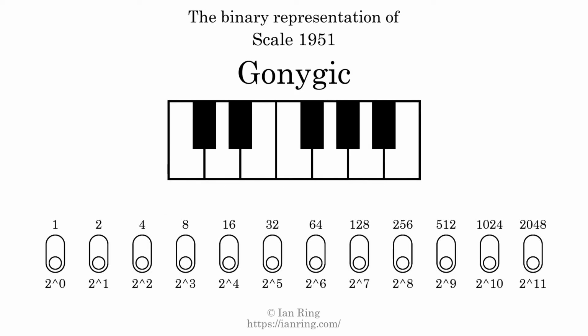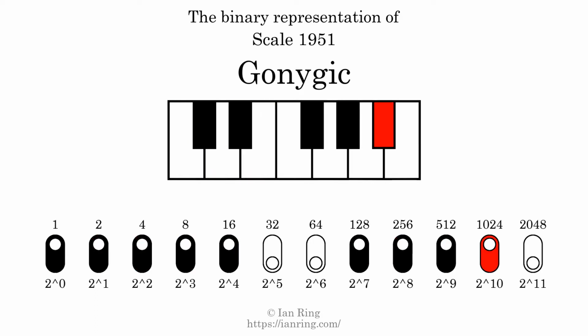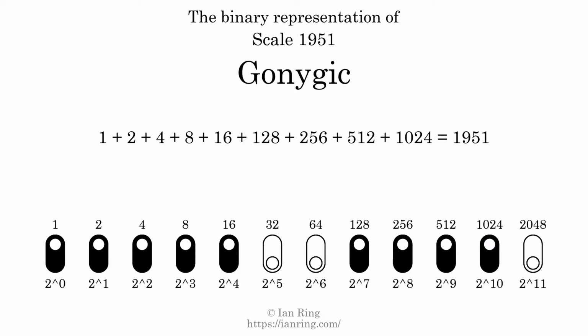The binary representation of this scale is determined by mapping tones of the scale to binary digits. Each binary digit represents a power of 2. To get the scale number, we add the powers of 2 together. The powers of 2 that are present in the scale, all added together, equals 1951. That is why the scale number, in decimal, is